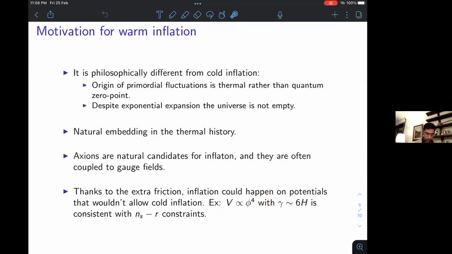can get predictions for n_s and r, which are consistent with the current constraints with the lambda phi to the fourth potential. If we have a friction which is of order 6 times Hubble, while phi to the fourth potential is ruled out for cold inflation, because it predicts too much gravitational waves. Okay, so these are the